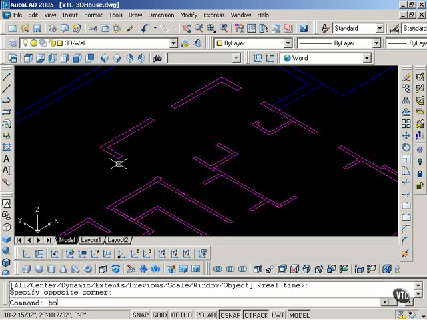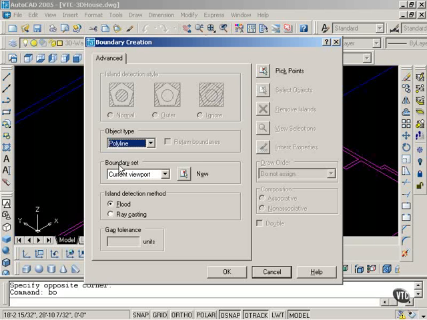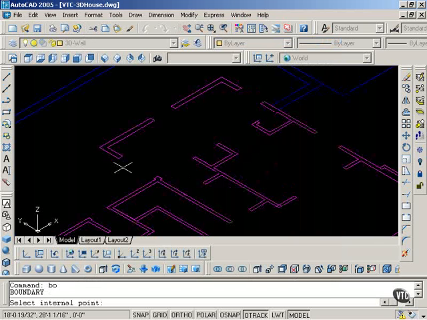But I'm going to use the boundary command using the keyboard, typing BO, enter. I wish to create a boundary, to create a polyline, and I will pick points. This is very similar to the hatch command. It does need to find closed areas,